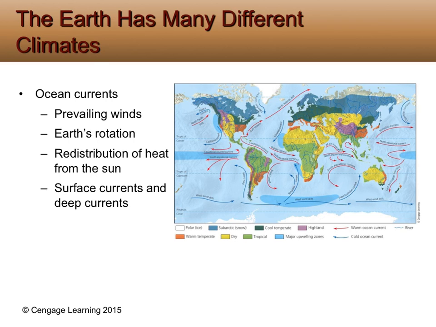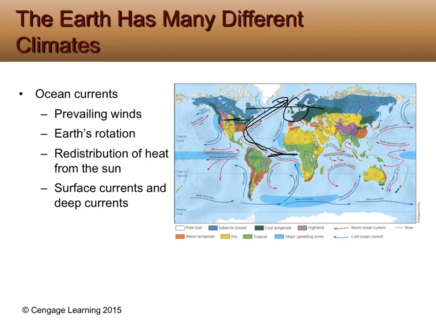A big factor that also drives climate are ocean currents. If you take a look at a classical example of keeping an area warm, we look near the equatorial region where the sun is very direct. What happens is we get this conveyor belt system of ocean currents going up, and it keeps England and that region artificially warm compared to other places in that latitude. So if you see the latitude of England is way up here, we're way down here. Because of that, they are significantly warmer than us and really don't experience the snow that we do here. So ocean currents are driven by the prevailing winds, the Earth's rotation, redistribution of heat from the sun.